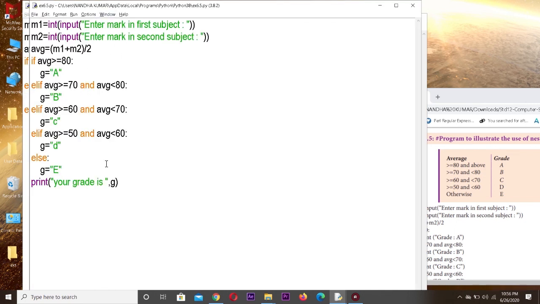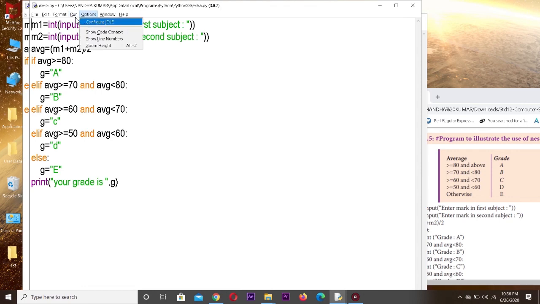This is the program. So satisfying all the conditions I have written. AVG is greater than or equal to 80. See, I have written an assignment statement. That is, I am assigning the grade to one variable G. And at last I have printed the grade. This method also you can follow. So whatever logic you want to use, you can use, but you should get the correct output.